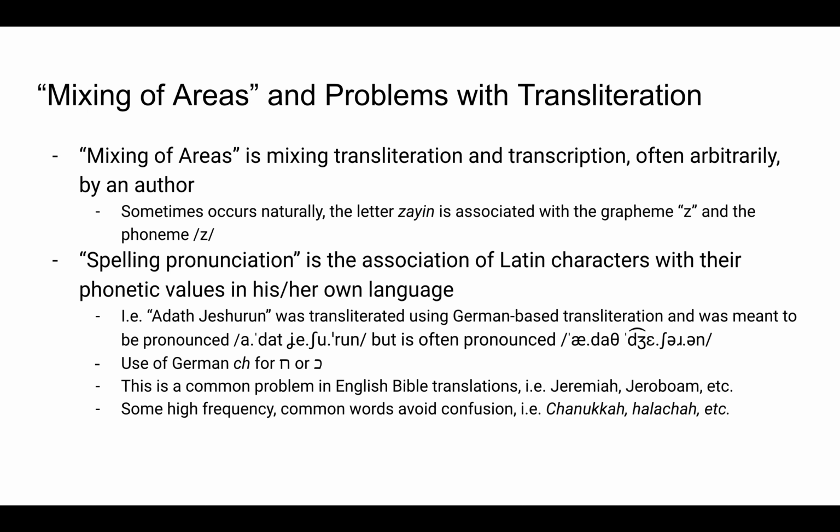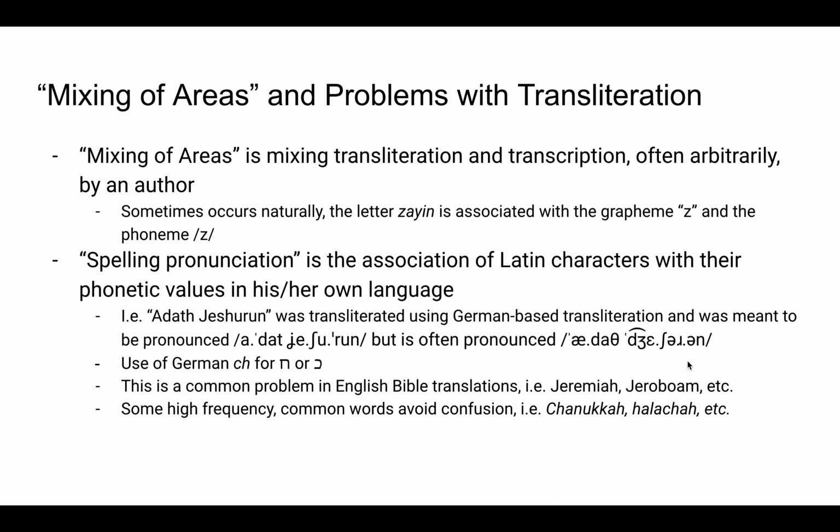And we have another problem with transliteration, which is called spelling pronunciation, which is when you associate a Latin character with its phonetic value in your language with what you're trying to transliterate. For example, if you've seen the names of synagogues, you might have seen this a lot with the word Yeshurun, which is written with a J in older synagogue names. And this comes from German, which uses the J to sound the Y sound, Yod. So this would actually have been pronounced Adat Yeshurun, and the German would have understood that, but in English we would say